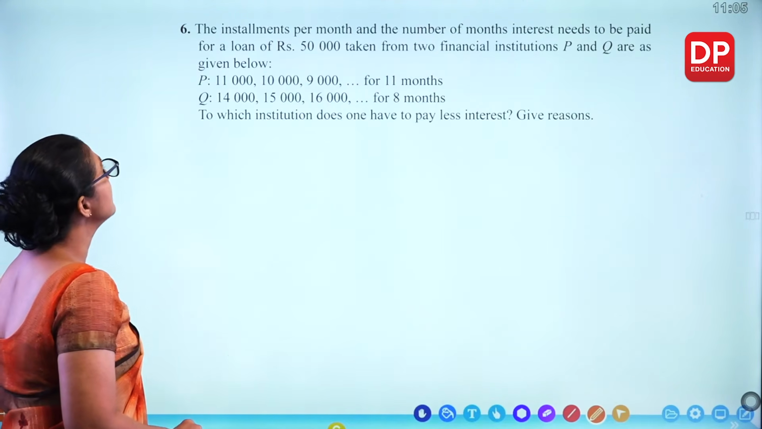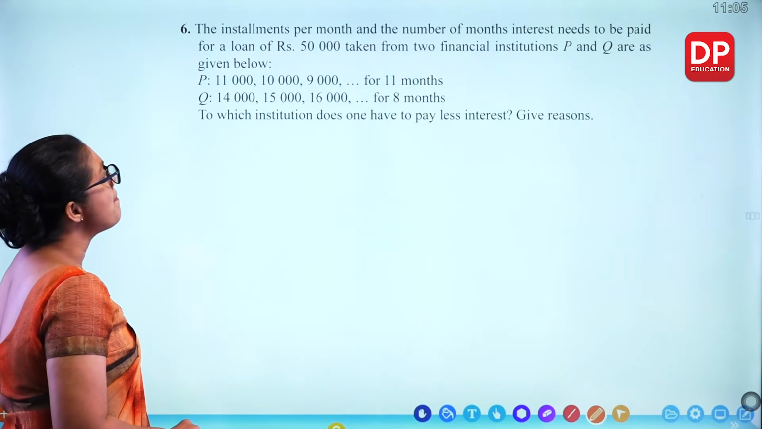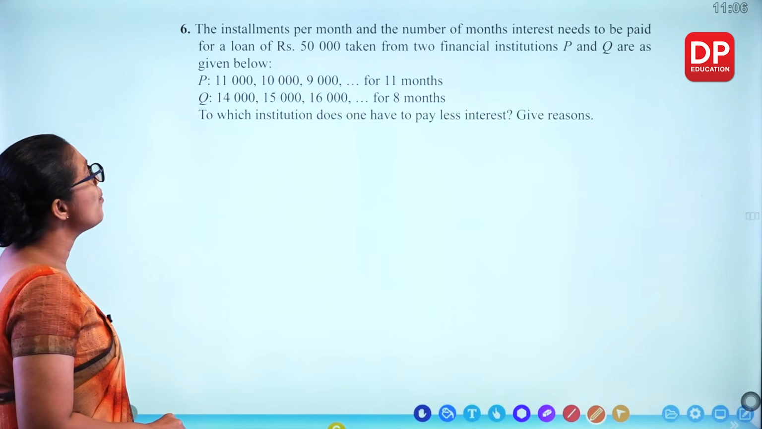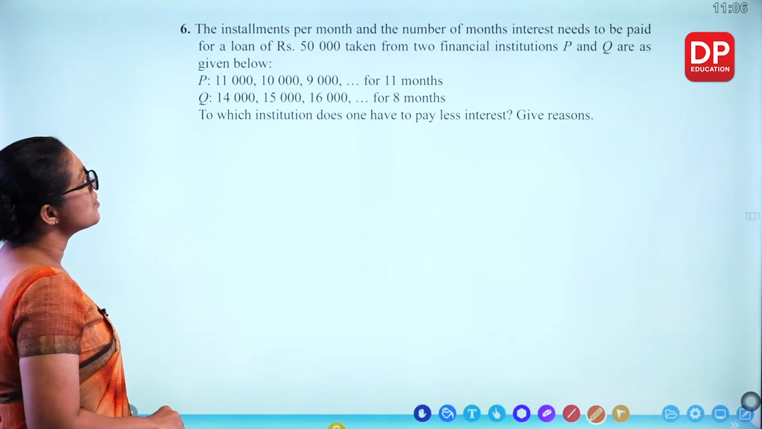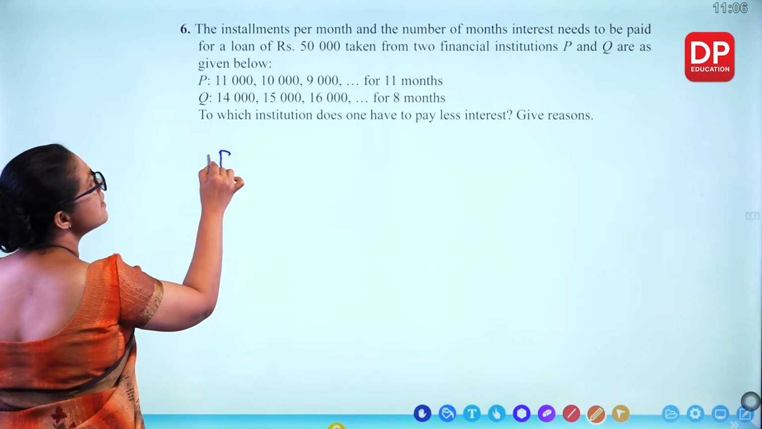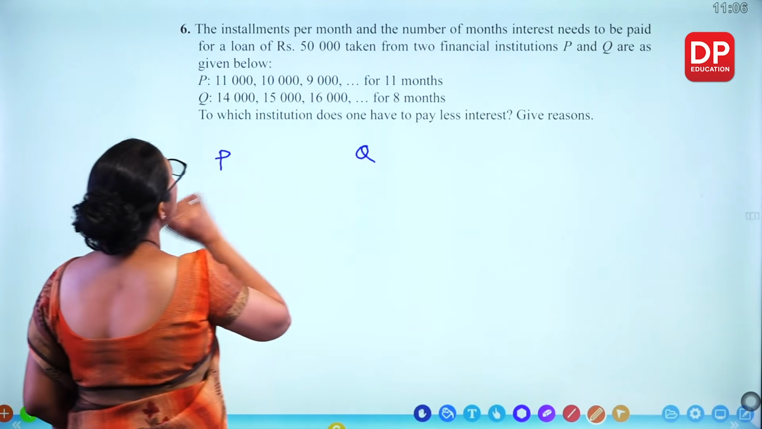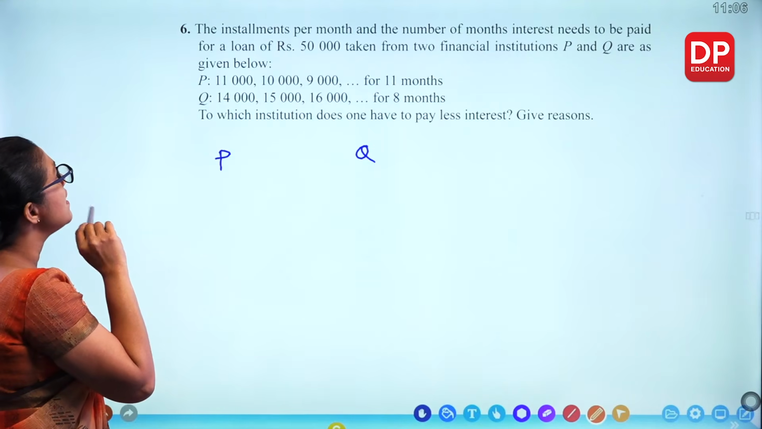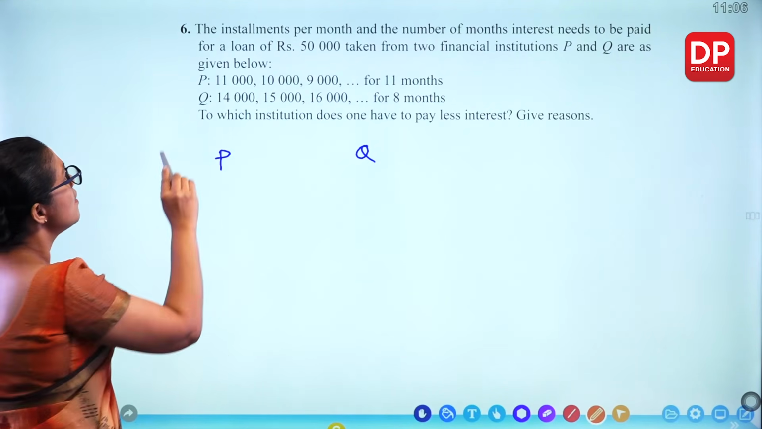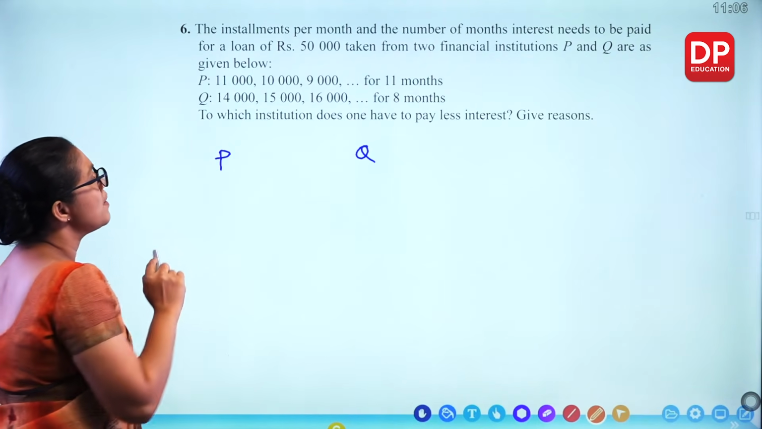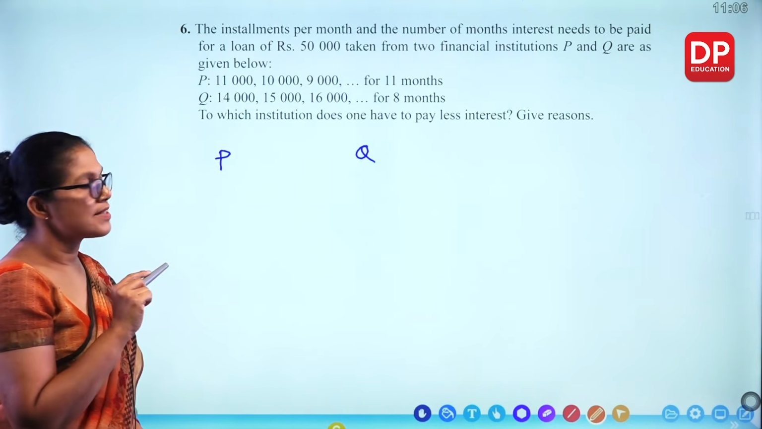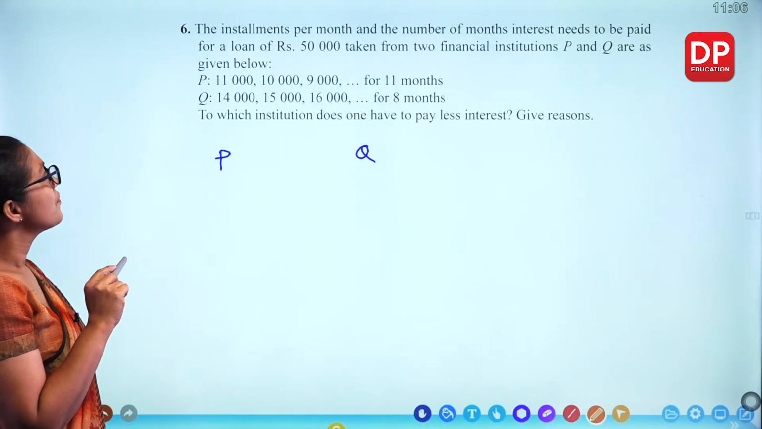Question number 6. The installments per month and the number of months interest needs to be paid for a loan of 50,000 taken from 2 financial institutions P and Q are given below. P is 11,000, 10,000 like that for 11 months and Q is 14,000 like that for 8 months. To which institution does one have to pay less interest? Give reason. So here